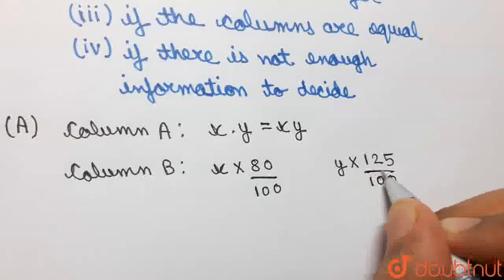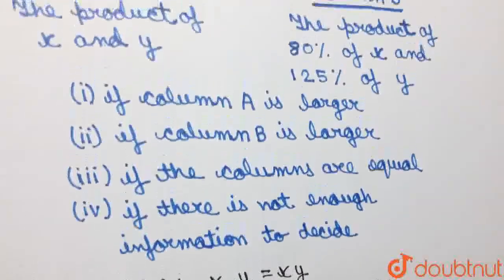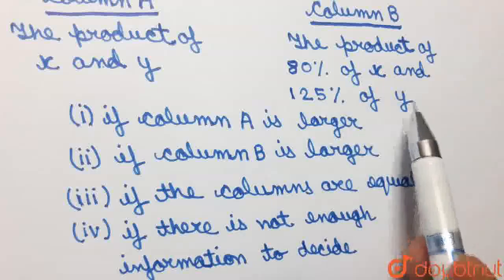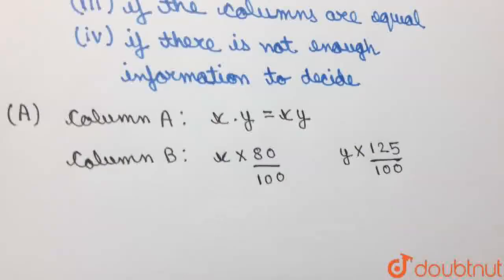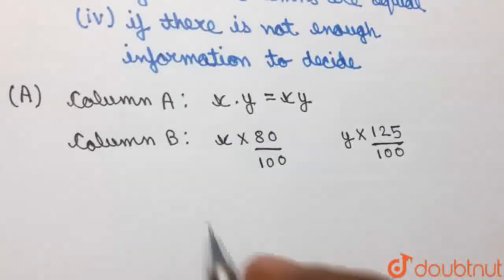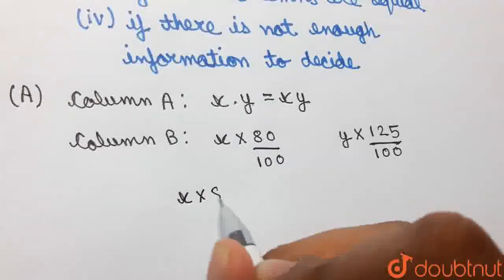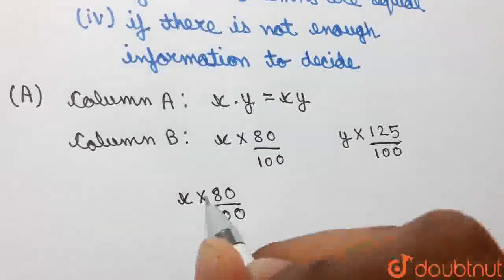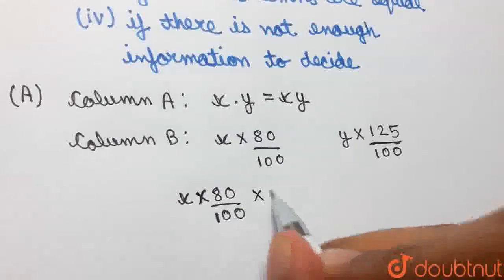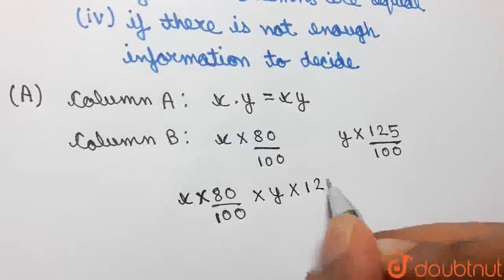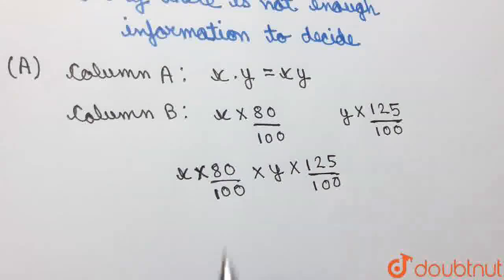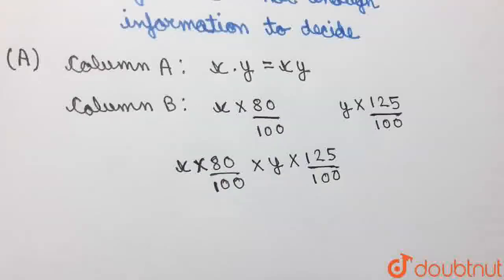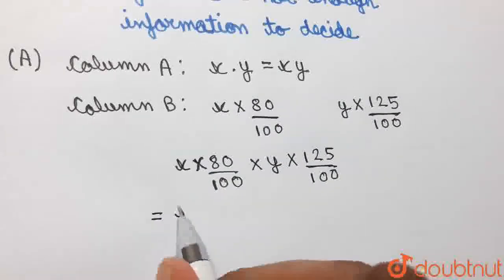Now the column asks for the product of 80% of x and 125% of y, that is the product of these two expressions. So multiplying these two terms, the product comes out to be x into 80 by 100 into y into 125 by 100. Okay, now in this product, we separate the algebraic terms that are x and y and the numeric terms. Okay, so this product can also be written as xy